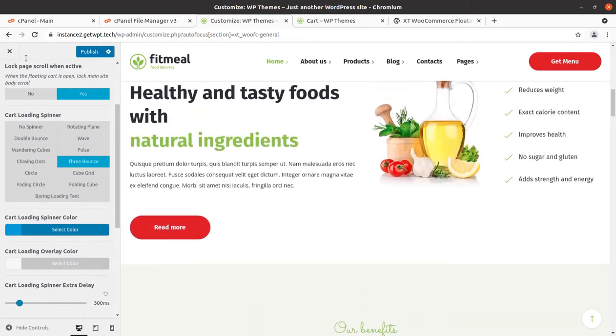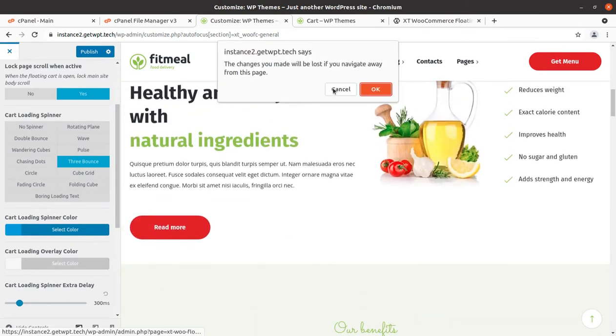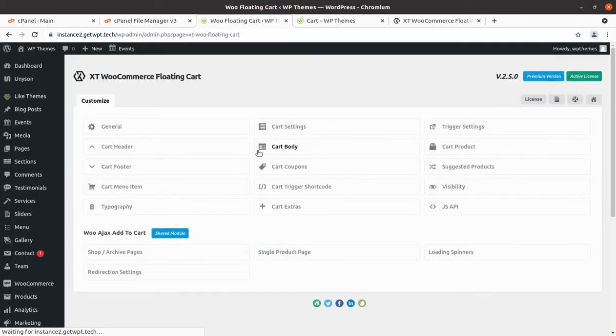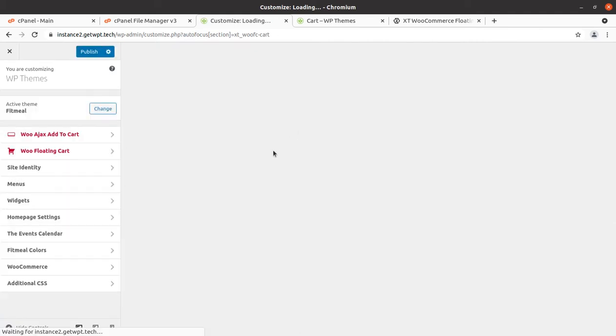I won't stretch the video unnecessarily. This is the XT WooCommerce floating cart option, and this is the customize option. Cart setting is here, so I'll show you in short.